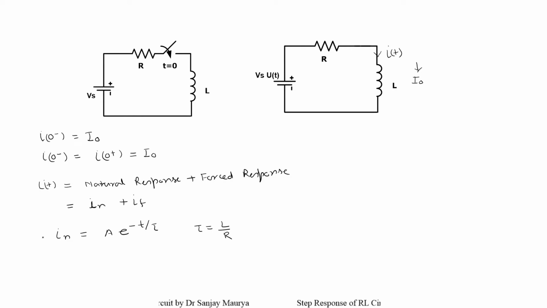Now next one is about the forced response iF. The forced response is the value of current a long time after the switch is closed. In such a case, this inductor will behave just like a short circuit. So iF will be given by Vs by R. So just by substituting the values of iN and iF in this equation number 1, I can find the response of the circuit as Vs by R plus